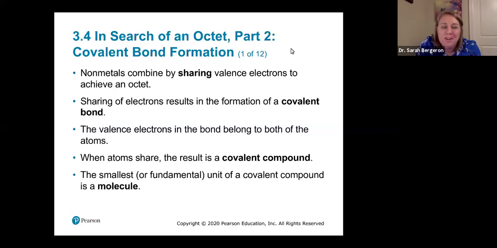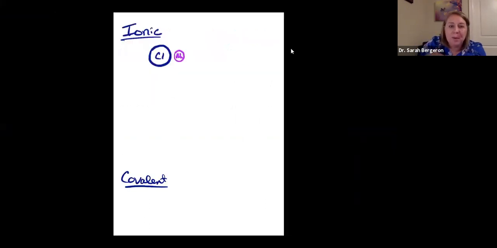We are on chapter 3, section 4, In Search of an Octet, part 2. So we're going to talk today about covalent bond formation. But before we do that, I want to do a quick little review about ionic, and then we're going to talk about covalent. So one of the things we talked about was, right, if you had sodium and chloride, the